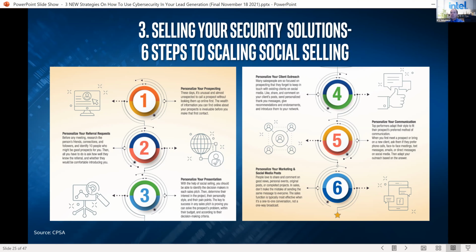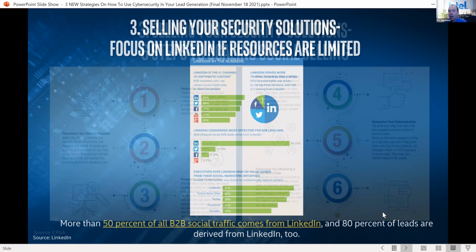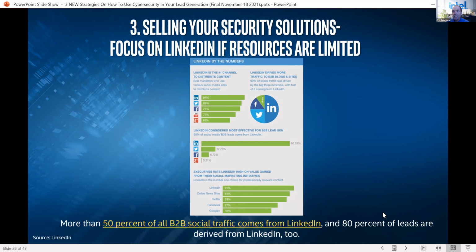If you're thinking, gosh, maybe your sales organization doesn't have people that do a lot in social selling. There are a lot of young people coming in that do this all day, every day. They have their phone and they're social selling to their friends. Not hard to bring that on, right? And people say, well, I only have so much time. LinkedIn is an easy one, right? A lot of communities already exist there, and there's already a lot of content there.